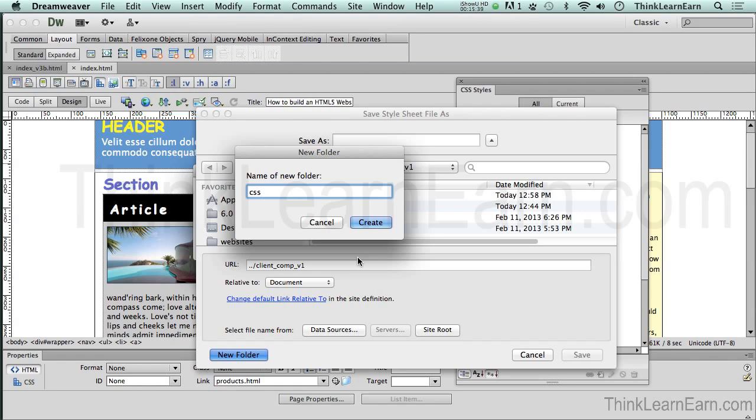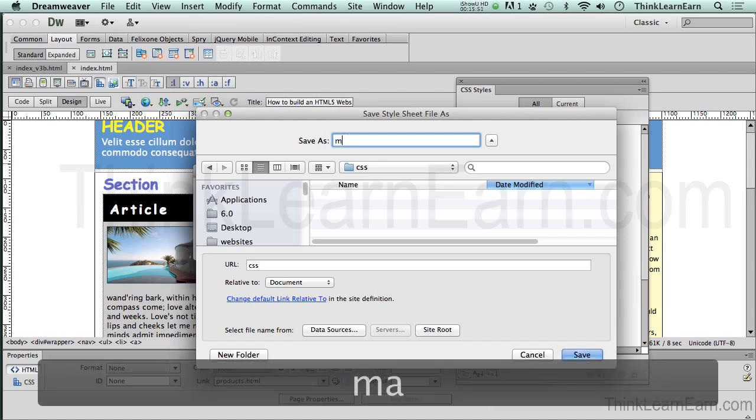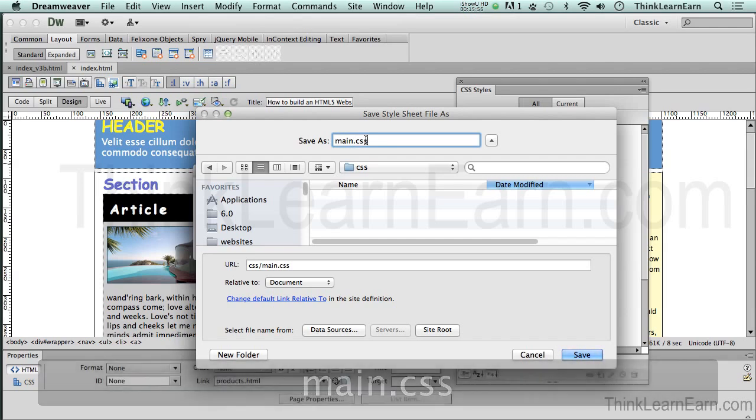Some people like to put it in a folder called styles, etc. Totally your call. I'm going to create this folder. Then, what are we going to call the file? Well, this is not an HTML file. It's not a PHP file. It's a CSS file. In fact, it's our main.css file,